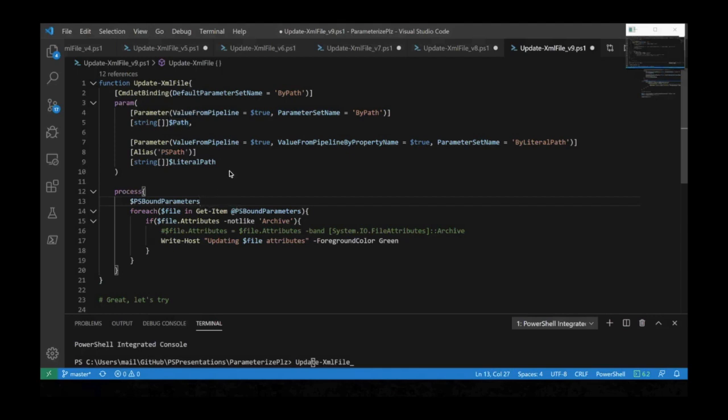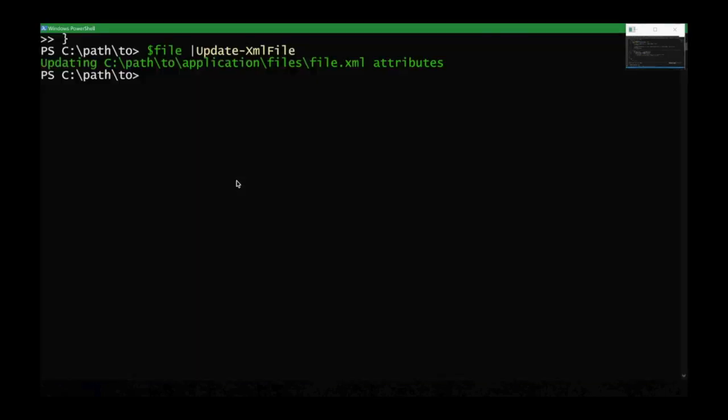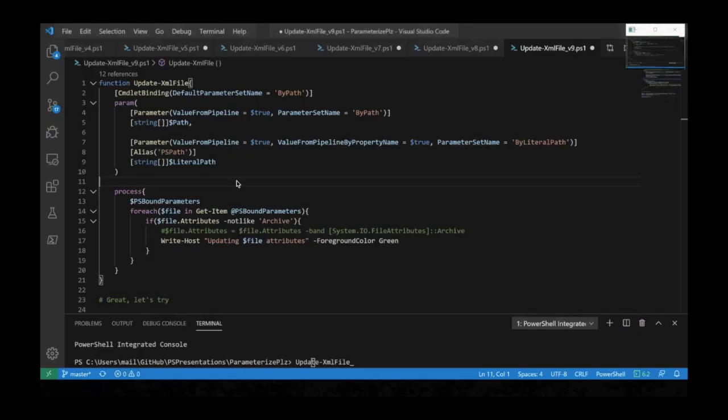And so what I can do, regardless of whether I'm using the literal path or the path parameter, is ultimately just pass it off to Get-Item, right? I'm trying to replicate the user interface of Get-Item so that I can pass some acceptable input off to Get-Item. So if I just want to pass it off directly, and maybe I also want to explicitly propagate all of these common parameters like verbose, error, and whatever else could have been in there,